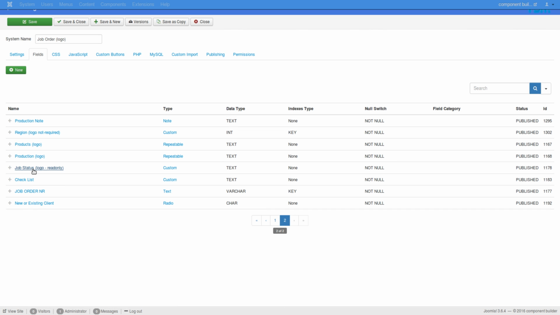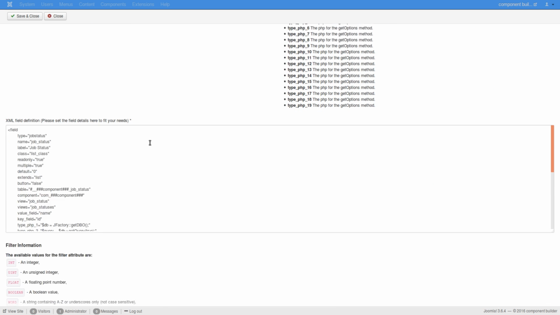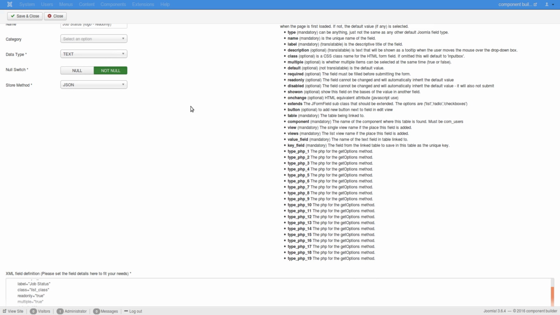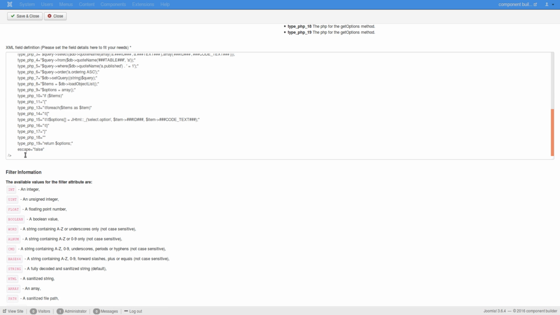Job status. Okay, I'm going to open it, and having it open, I can scroll down. Sorry, I should actually add it, but the reality is way at the bottom you'd see I added this little line. I said escape equals